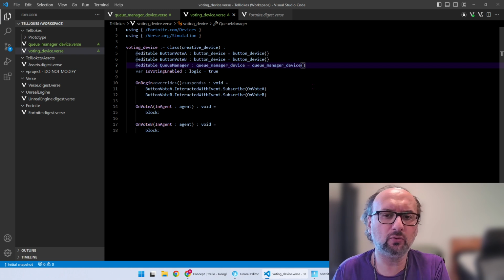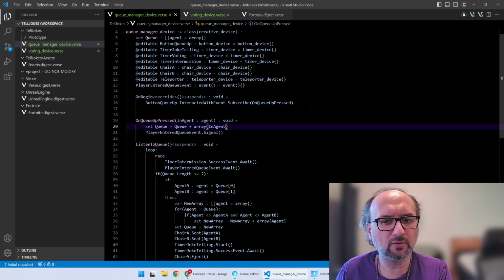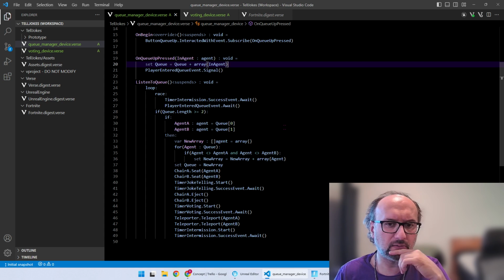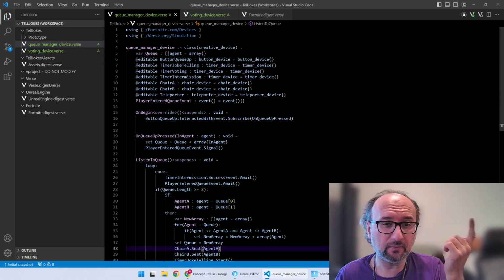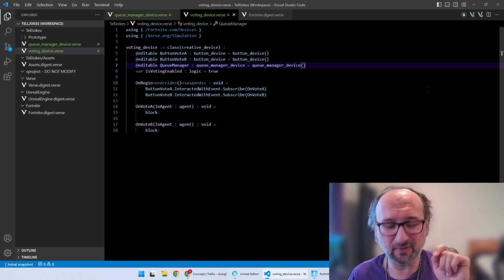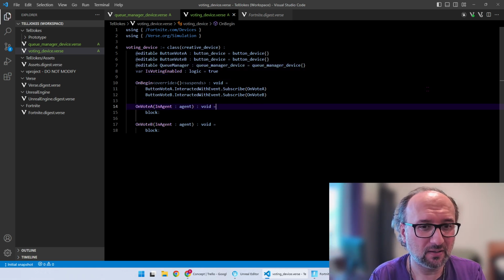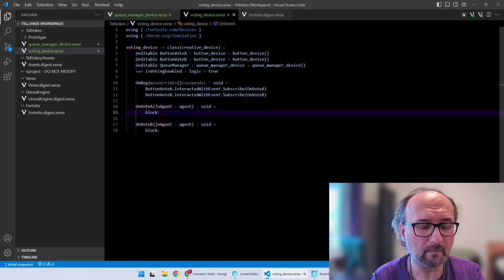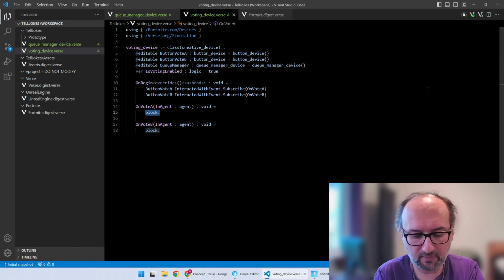So what we could do is, maybe the queue manager should tell us. It's not just managing the queue; it's also managing the flow of the game. Really, we could just listen to the timers from the other device. It's not best practice, but for now I'm just prototyping, so okay, so basically